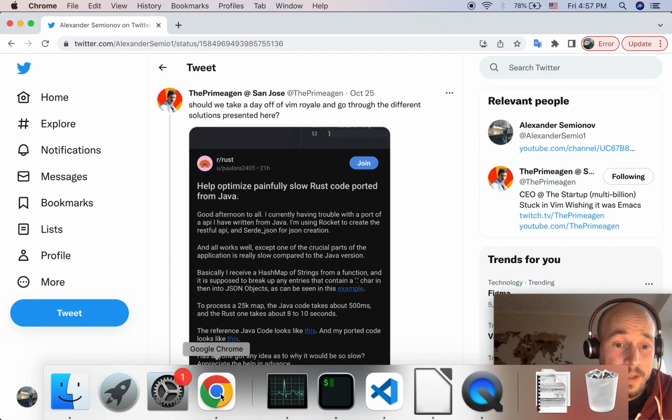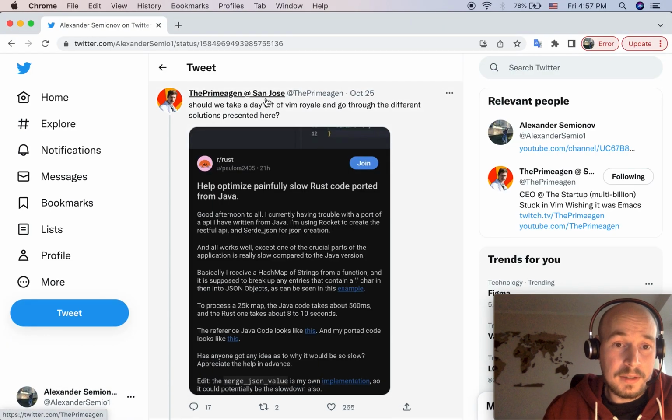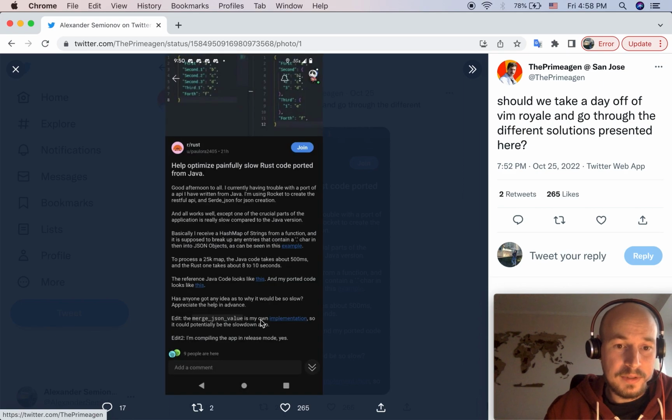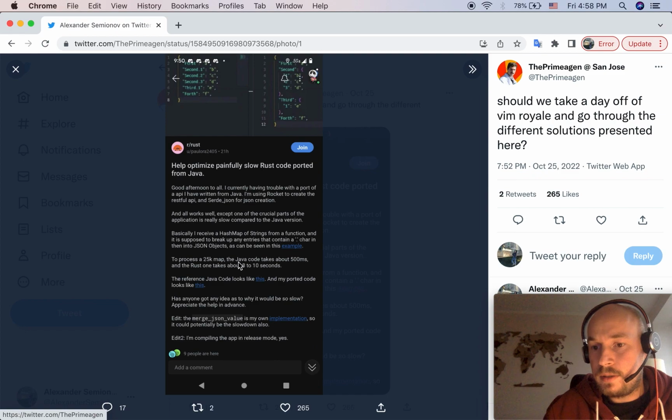And just to say a few things, there's a bunch of people on Reddit who also post that for some reason Rust is kind of slow with hash maps, and in Java hash maps work faster than in Rust.